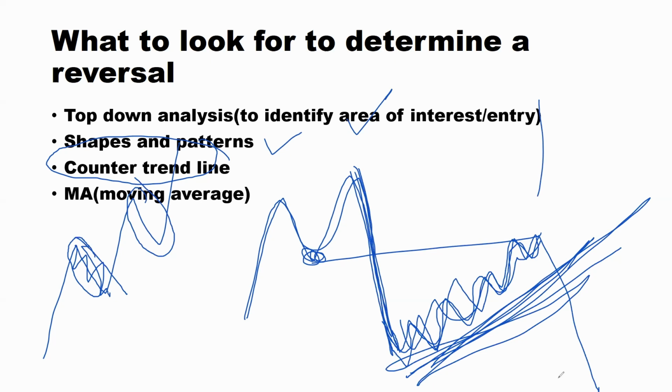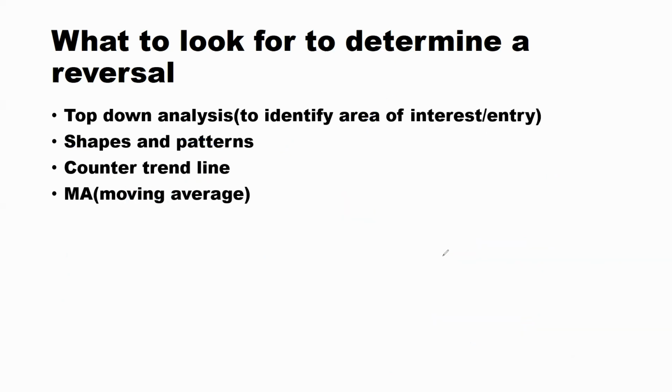So I hope you guys have understood what a counter trend line is. Even this can communicate to us that a reversal is coming. So when the market breaks this counter trend line, you know that the market is no longer continuing with this mini trend here, rather, it is reversing to continue down. Are we together? I hope that makes sense. So that's another aspect that you look out for when you're identifying reversals.